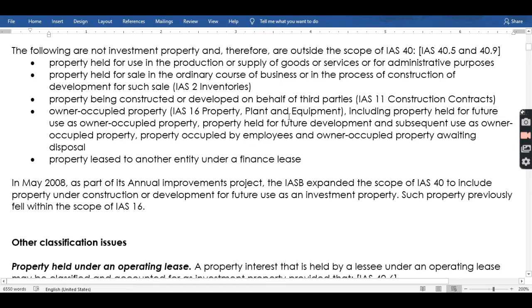Okay? Kasi, yung naunang binigay, okay, yung mga property for future use as owner-occupied, PPE pa rin yan. Yung dinedevelop mo as owner-occupied, PPE pa rin yan. Tapos yung occupied awaiting disposal, this is going to be non-current asset held for sale naman. So hindi rin siya pwedeng maging investment property. Tapos property leased out to another entity under a finance lease, hindi rin siya pwedeng maging part ng investment property